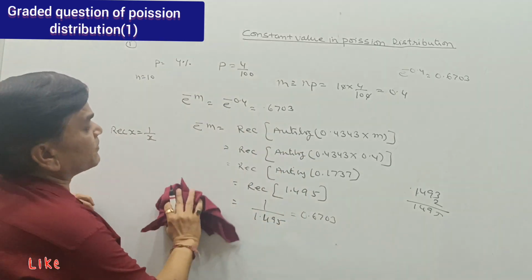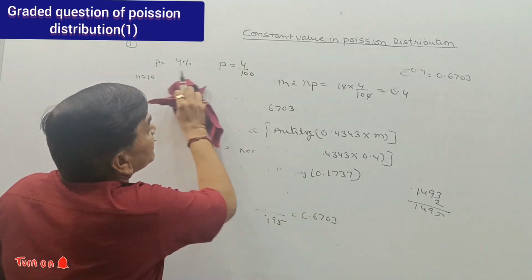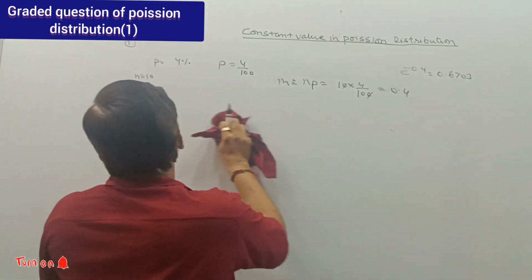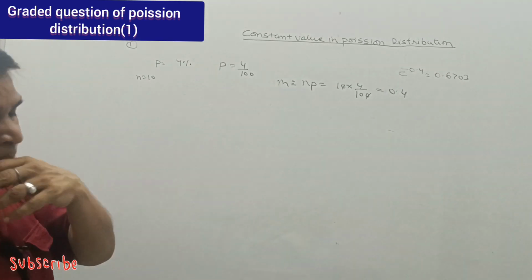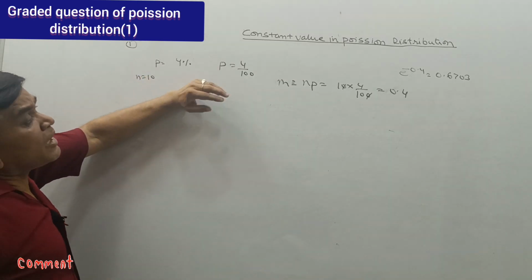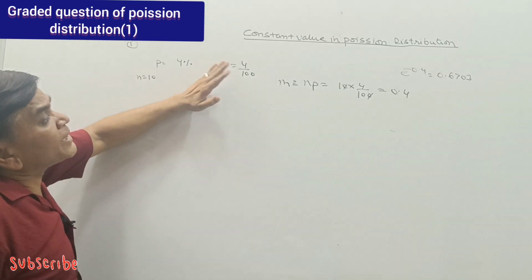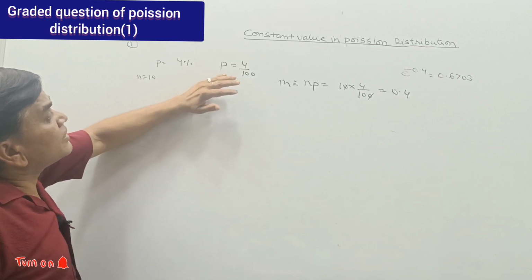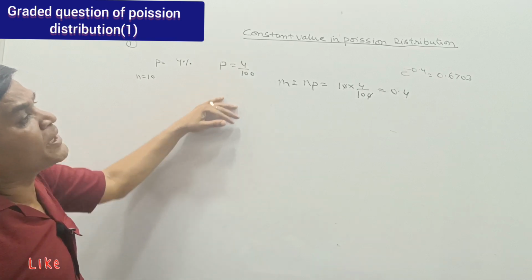Question given is over there. So now we are to calculate. The question is this: the probability of having a defective piece is 4%. It means out of 100, 4 items are defective. So calculate the probability of having